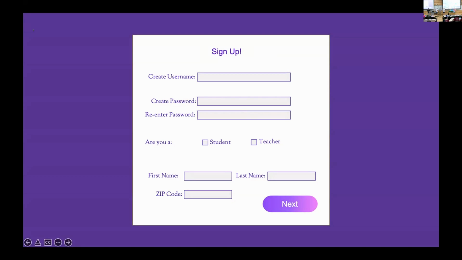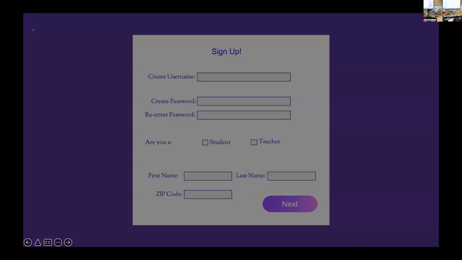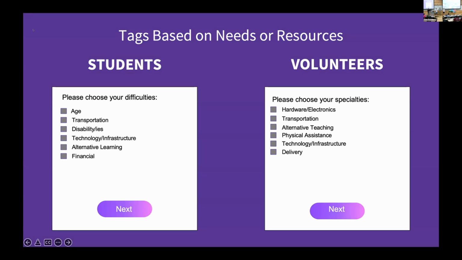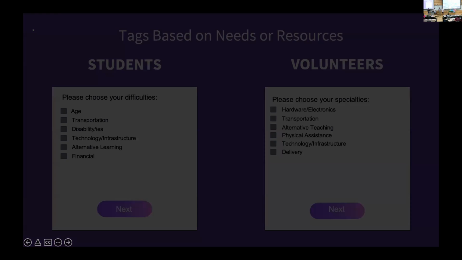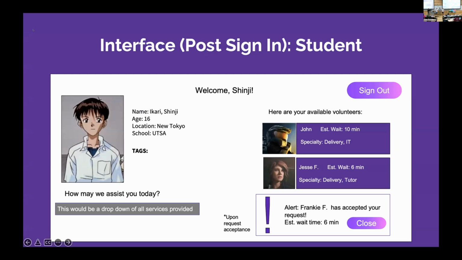When you sign up, you would have that option here. We just have a quick mock-up right now for some of these pages. So you would sign up and create either a student or teacher profile or a volunteer profile and enter in things like your zip code so you could find range. Once you do that, you would select either students or volunteers depending on your difficulties or specialties. These checkboxes would create tags on people's sites, like this is the student site we have here. You would see it would create tags here that you could have